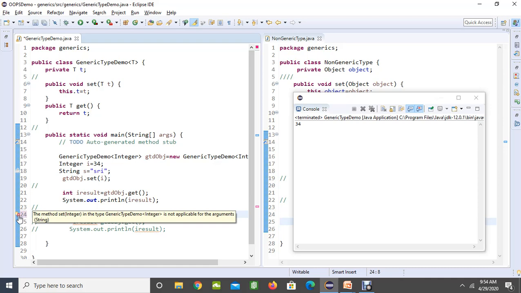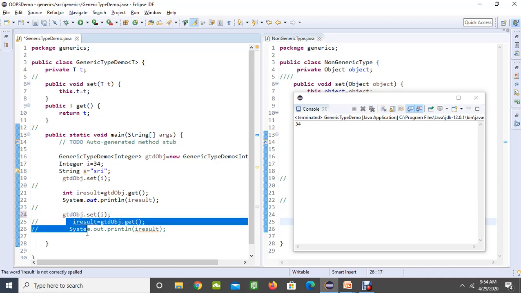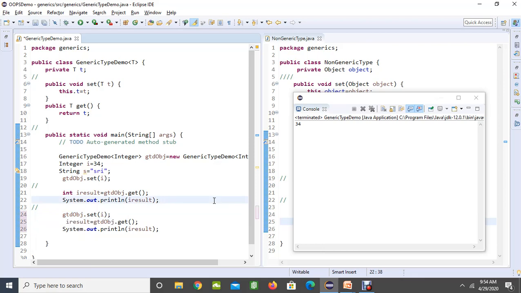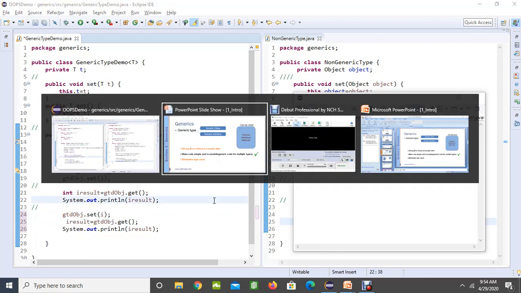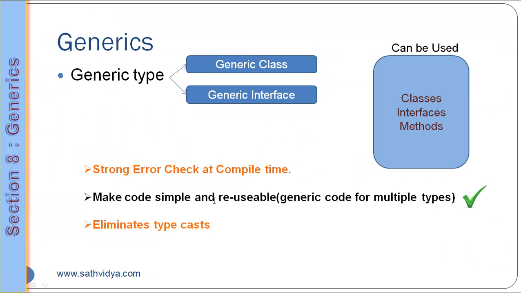So it gives us a strong error check at compile time. Immediately you can make it an integer again, send another integer value, and execute your program again. So using generic types, you can make your error check very strong at compile time itself, and also you can eliminate the typecast.